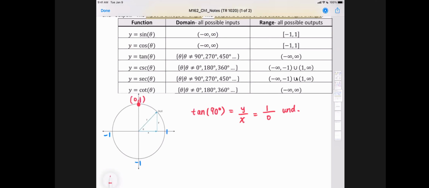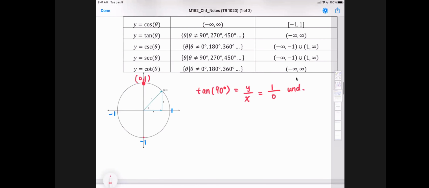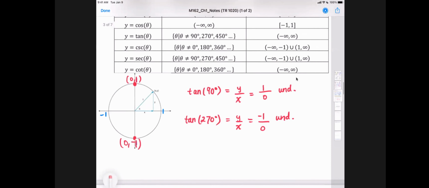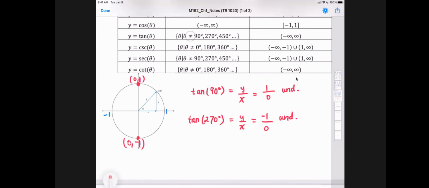And if we go to 270, if you rotate 270 degrees and stop, we're at the negative y-axis. That coordinate point is (0, -1). So tangent of 270 degrees is also y divided by x. So y is -1, x is 0. We get undefined. So all of these infinite values that you see, the restriction on the theta is whenever you